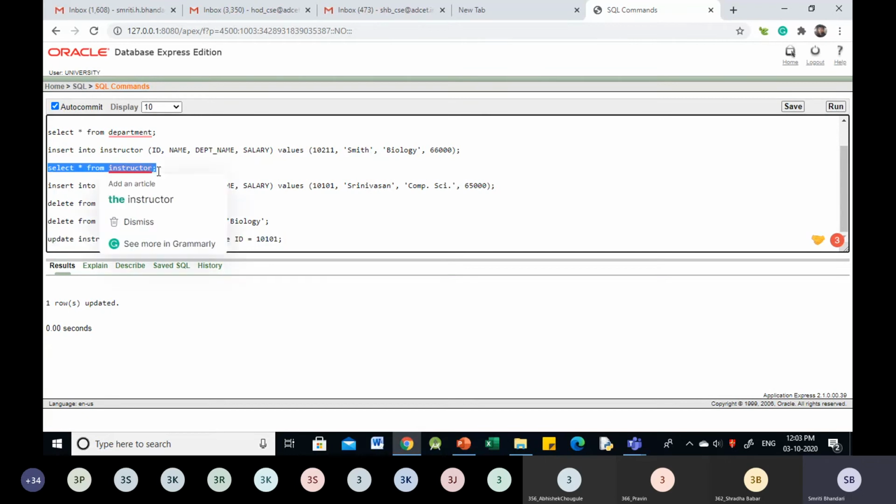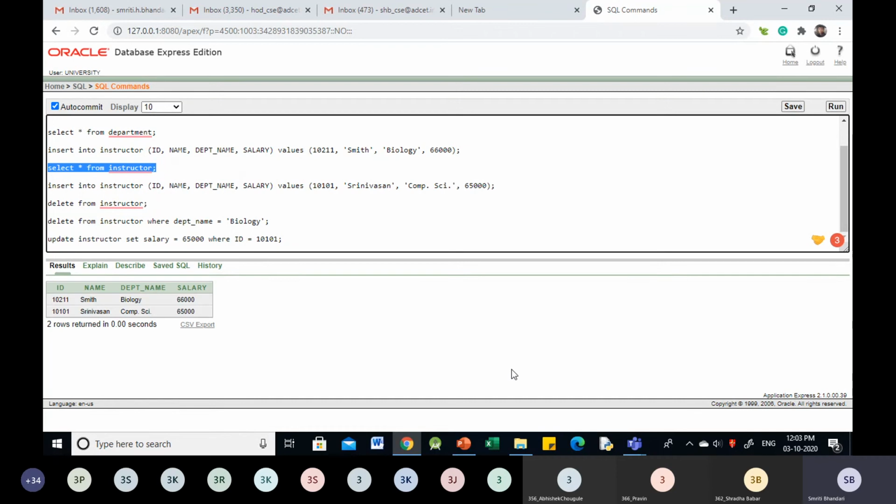And if we once again list out the data, for Smith the salary is 66,000, and for Srinivasan it is 65,000, which we have updated.